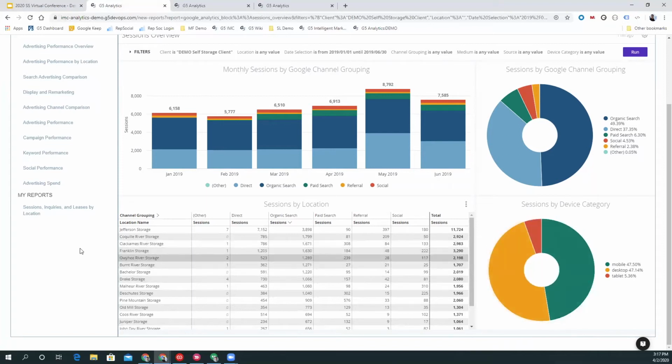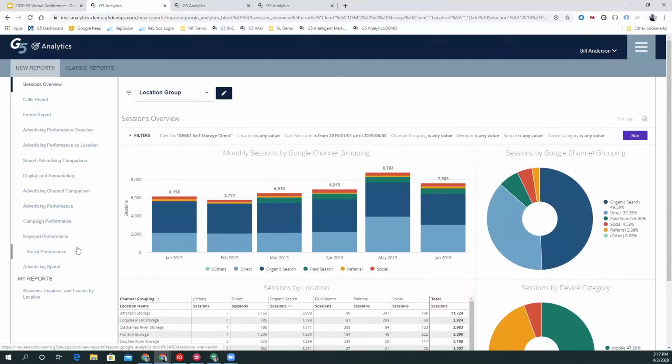Now we have a lot of other reports. Here in our demo world, we're actually showing just a very small subset of all the reports we have available, but I just want to show you some of the things we have. So one is a call report. I think we all know how